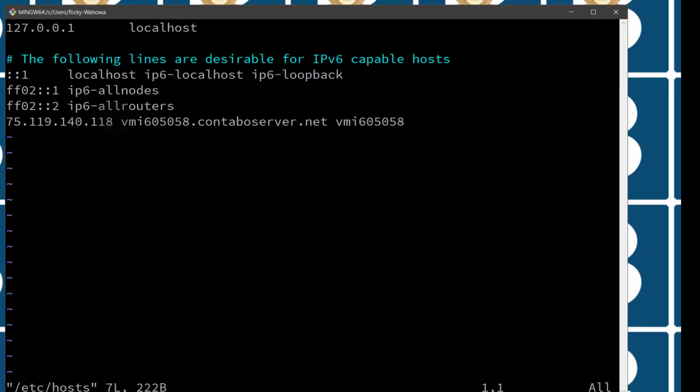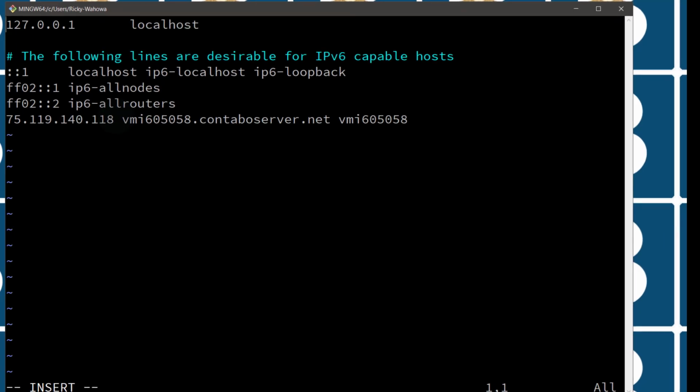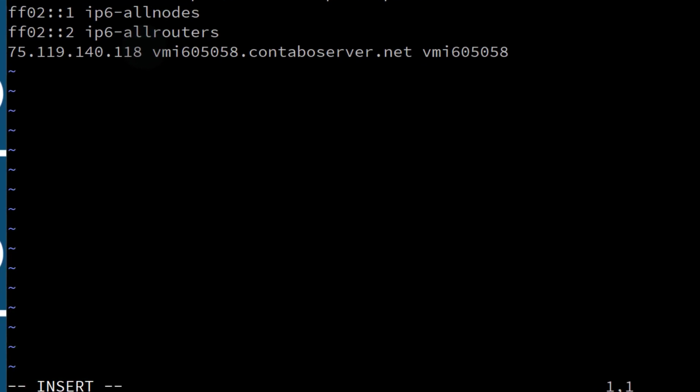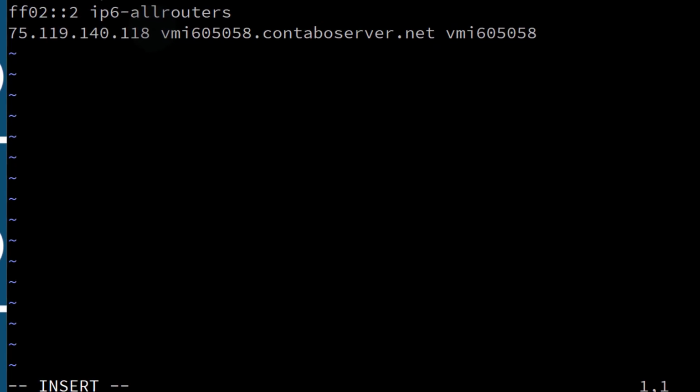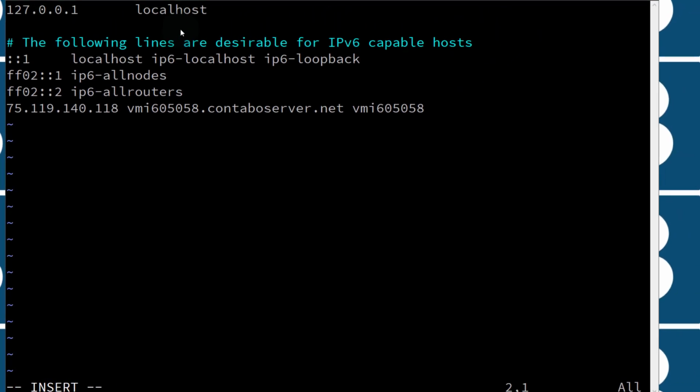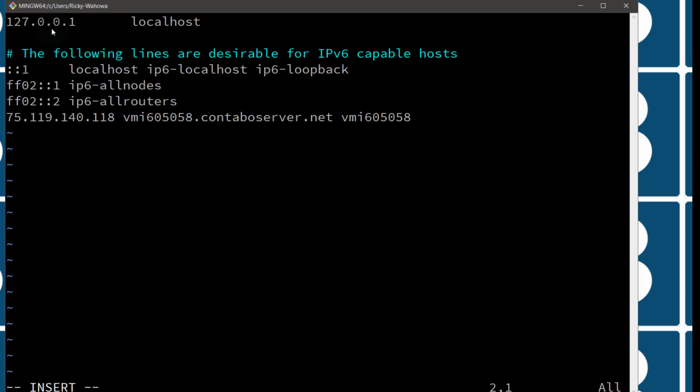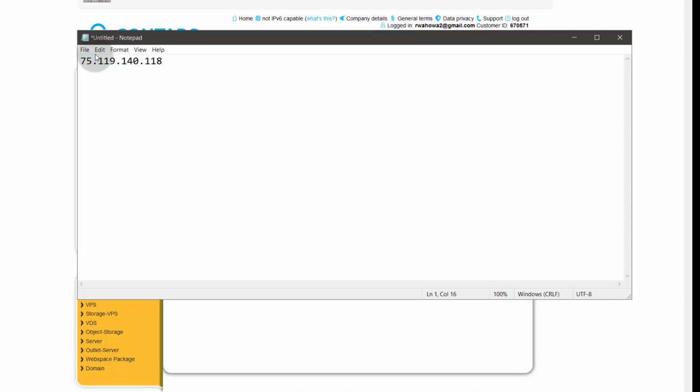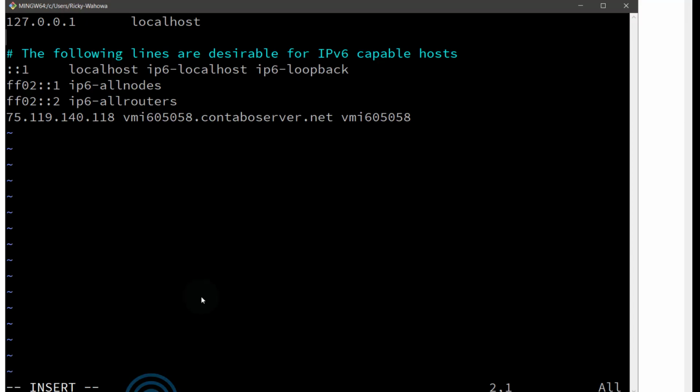The good thing with Vim, at least you can see the status of things. Like right now, if I press I, down here on the screen, you can see it tells me that I'm in insert mode, and that's important. Change your server hostname so that it also reflects in other systems, especially when you're using something like Exim to send mail. Let me edit it here first, and I will use my hostname, which was, let's just exit out